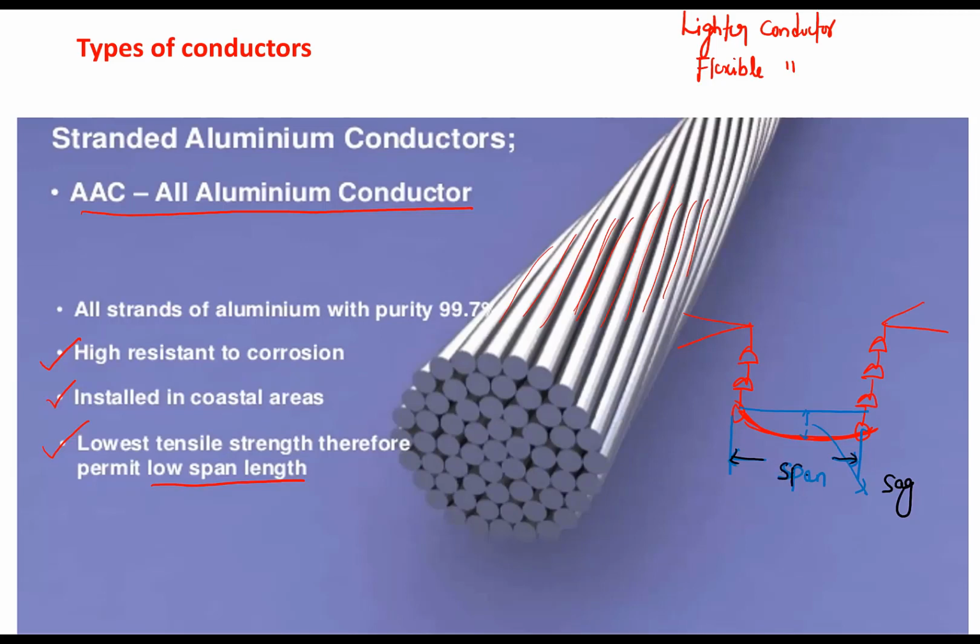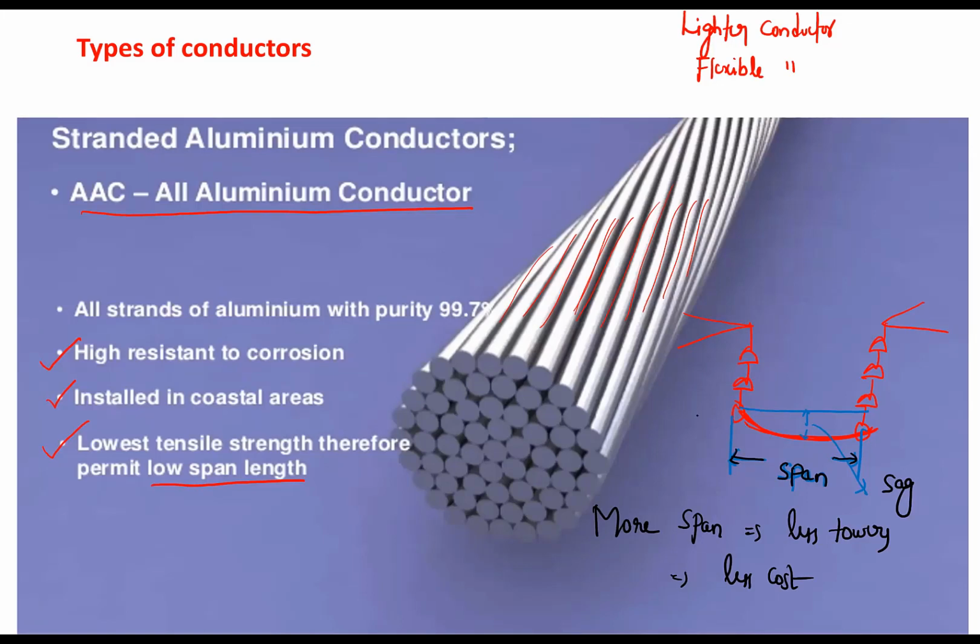So why do we require more span? The more the span, the fewer towers we require. If you have lesser span, the number of towers will increase. There are many disadvantages if the number of towers increases. Again, we have to provide the insulation, again ROW cost, again a lot of headaches will come. So the more the span, the lesser the number of towers. More span implies fewer towers, which implies less cost. So if the conductor does not have mechanical strength, the span length cannot be longer.